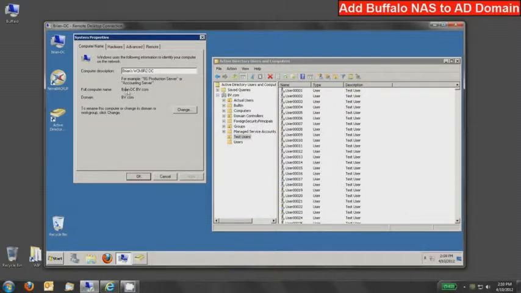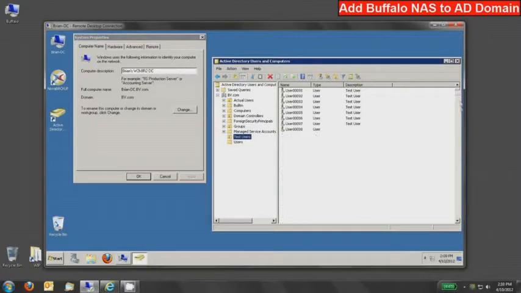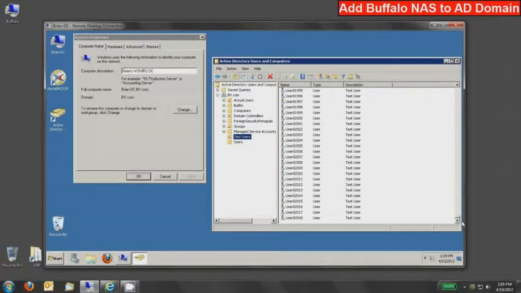fully qualified name of brian-dc.bv.com. This is pretty much most of the important information that we'll need before we add our TerraStation or Link Station device to the domain. Alternatively, in Active Directory users and computers, you can see that I have a bunch of users set up. Somewhere over 2,000 users have been configured. So we'll go ahead and log into this domain, and we'll be able to use those users for our